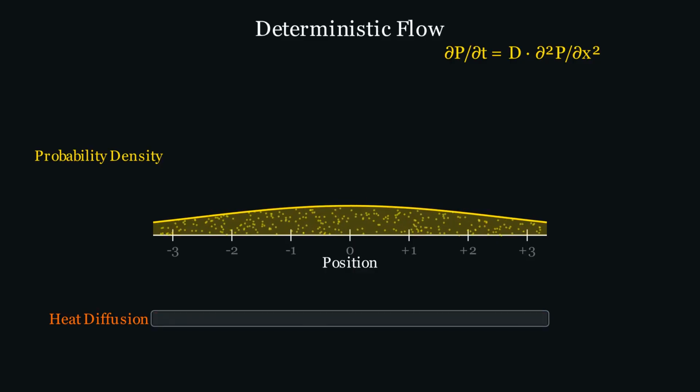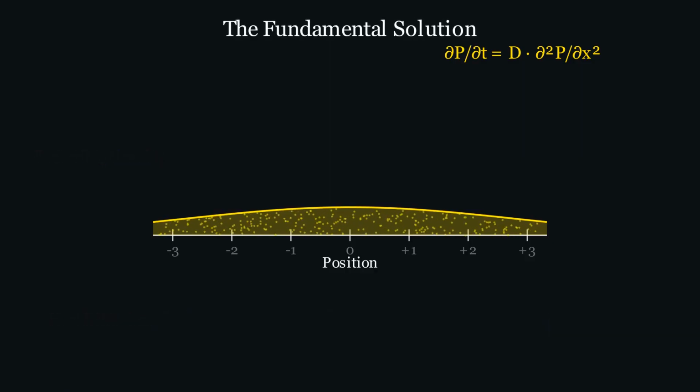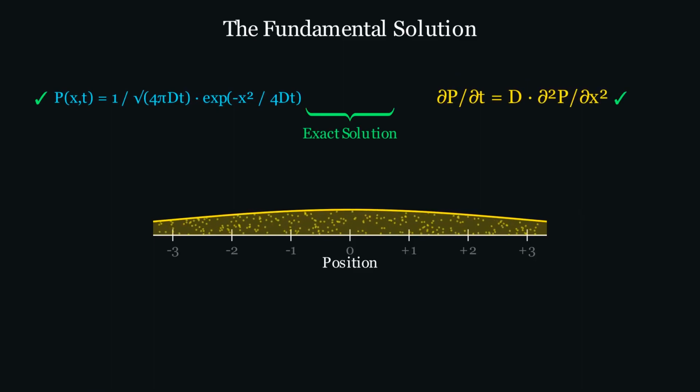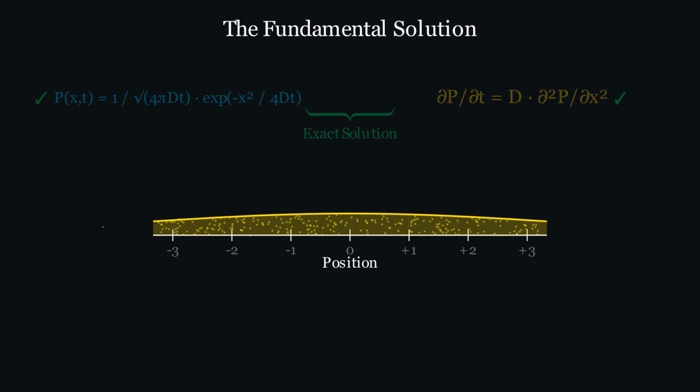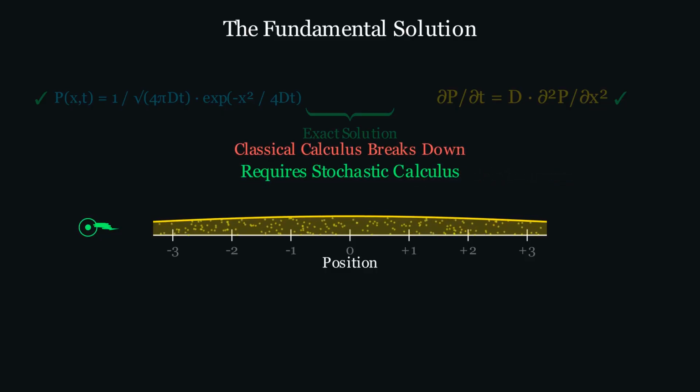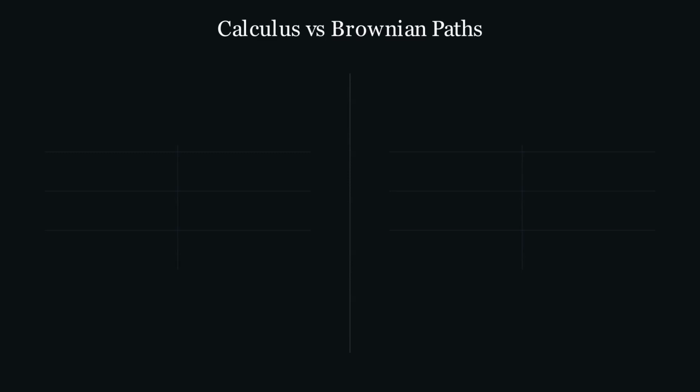Now remember the Gaussian bell curve we found in the last chapter? If you plug that exact Gaussian formula into the heat equation, both sides balance perfectly. The expanding bell curve is not just an empirical approximation, it is the fundamental solution to the heat equation starting from a single point. But this raises a deep mathematical question. If the continuous density profile evolves so smoothly, why does an individual particle path remain violently jagged no matter how far we zoom in? In the final chapter, we will see why classical calculus breaks down for individual paths, forcing us to discover stochastic calculus.